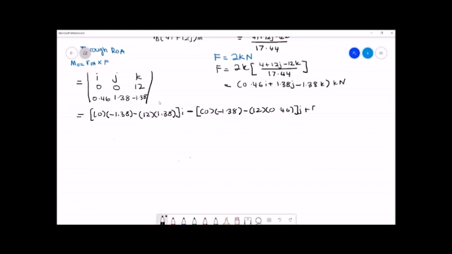Plus k, cross out horizontal and vertical, so you will get 0 times 1.38 minus 0 times 0.46,